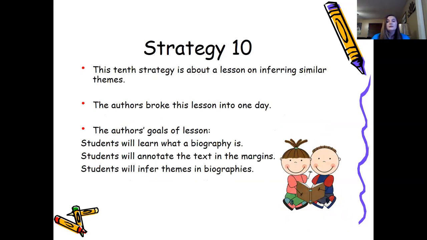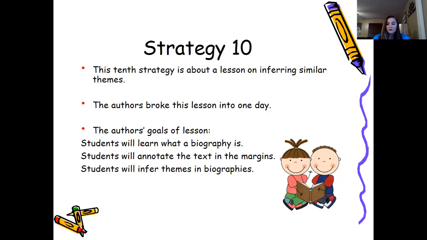Strategy 10 is a lesson on inferring similar themes. It's a one-day lesson. Students will learn what a biography is. Students will annotate the text in the margins of that story, and students will infer themes in biographies. I feel like that's also a very important skill,